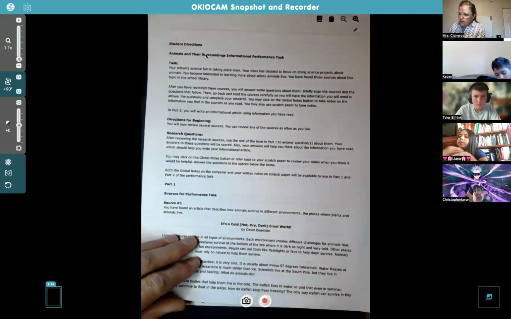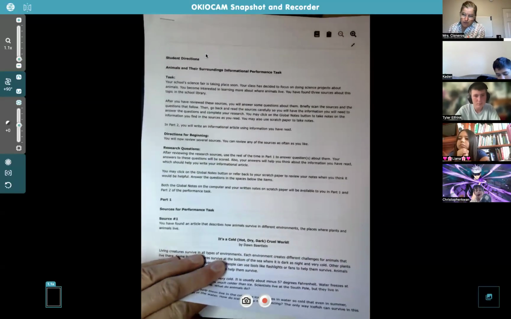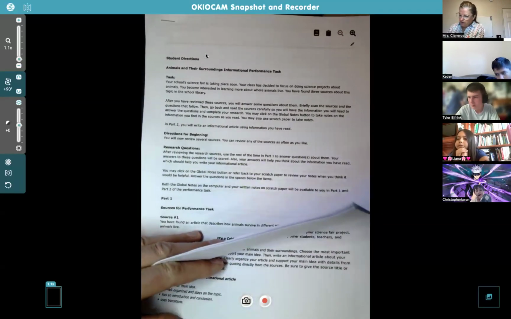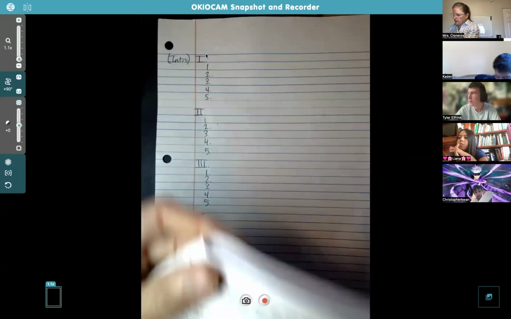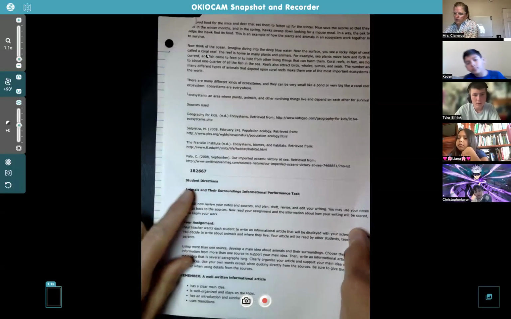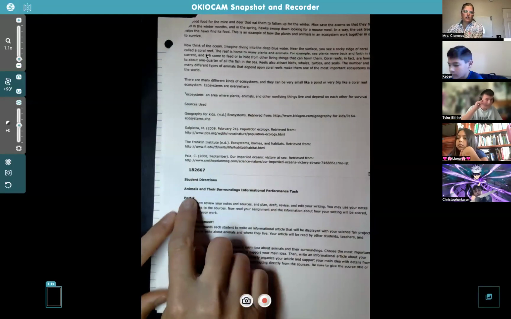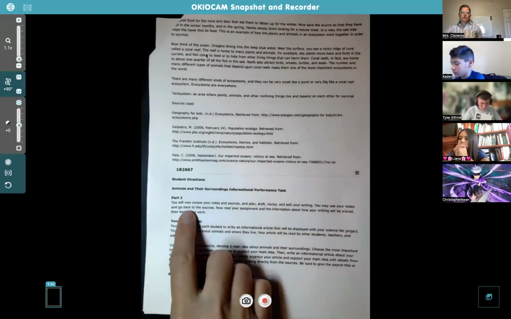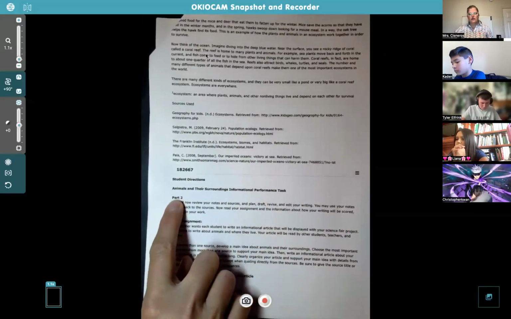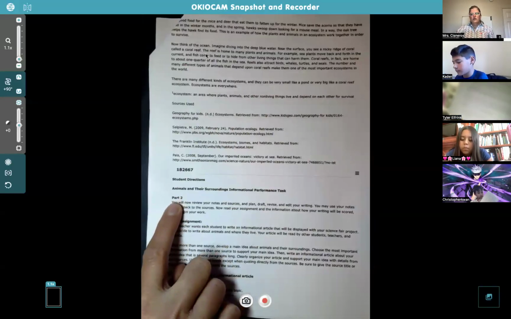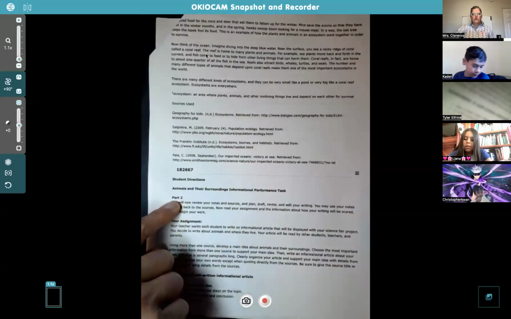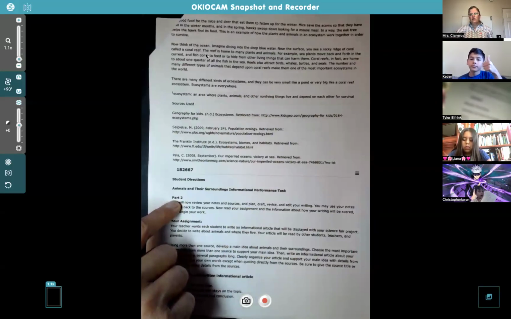I want you to skip next to the very back of this packet. Actually, I know some of you don't have it stapled yet. That's okay. It's this page right here. Second to the last page, you see a number midway down, and then you see part 2. That's what I want you to find, is where it says part 2 right here. Not source 2, but part 2. It's on this page. Give me a thumbs up when you found it.